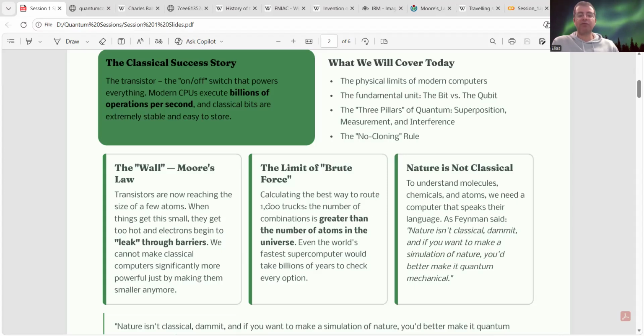Let's say you have 1,000 trucks and you're finding the best way to route that traffic. Then the number of combinations becomes much greater than the number of atoms in the universe. This is a very, very huge problem. You might think that doesn't look like a big deal, but it is almost impossible to solve such problems on a classical computer.